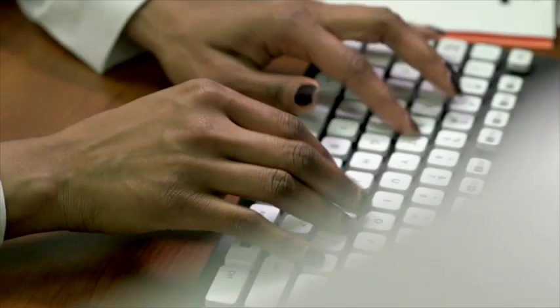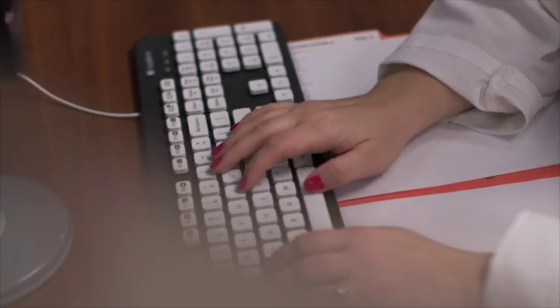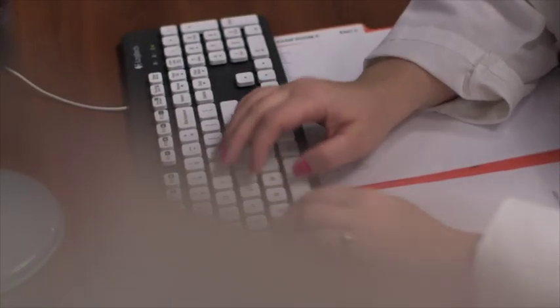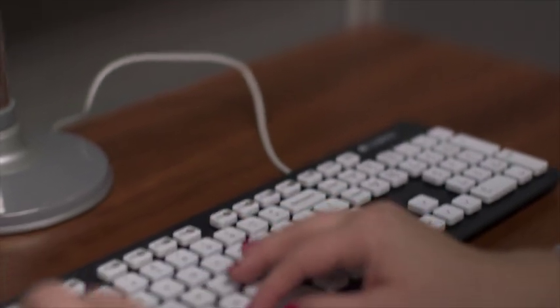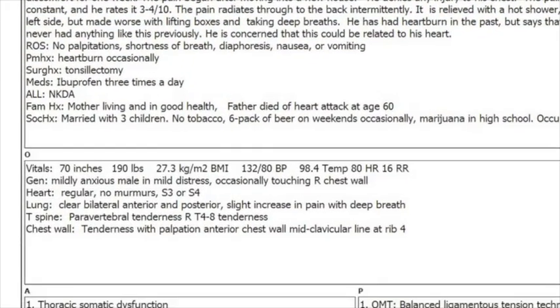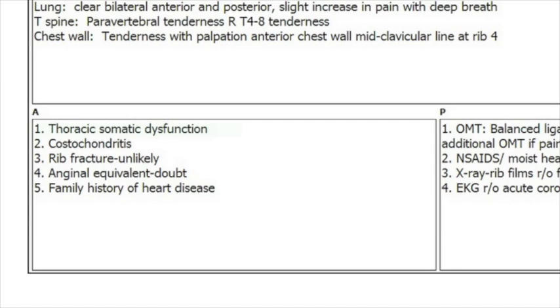Candidates should try to be as specific as possible when documenting physical findings, avoiding the word normal. For the assessment section, you will be evaluated on your ability to accurately and plausibly diagnose the patient's problem. You'll be asked to list at least 3 diagnostic possibilities for the patient's presenting issues. This should be listed in a differential diagnoses format, with the most likely diagnosis for the presenting concern, symptom, or